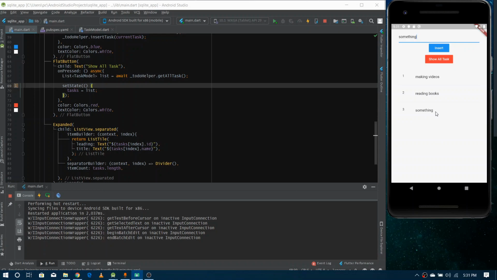So this is it from this video. So in this video we have learned a very important topic, that is of data persistency. If you want to save the data permanently but local to the device, you can use SQLite, and it's very easy to use, and it's just a basic where we just created the database or table and we just inserted into it. So in the next video we'll learn more about this, and we'll explore a little bit more about